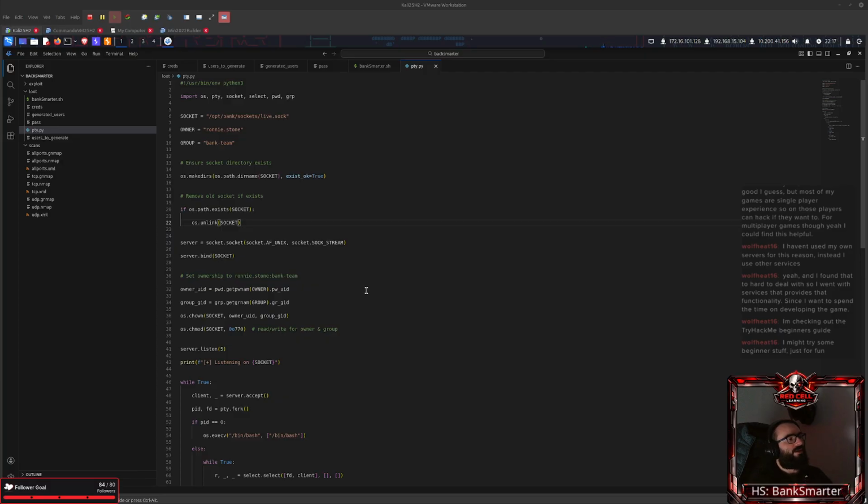I just saw your comment about spending time developing the game and using third-party functionality. For most of the stuff that's out there, I would agree. The companies that provide this type of hosting will have proper security teams and proper monitoring in place as well, because it's not just